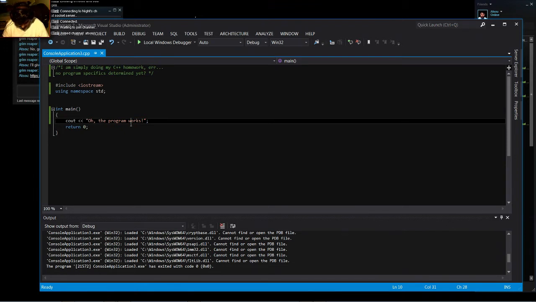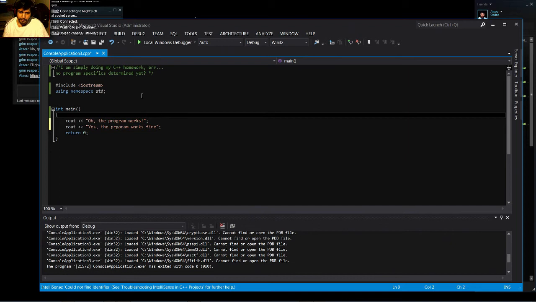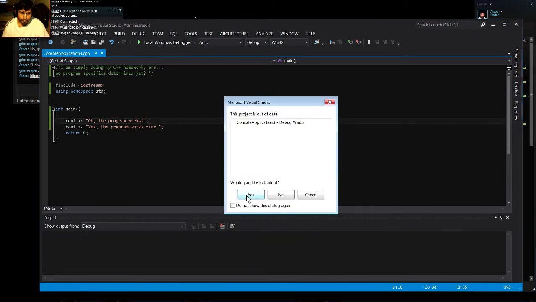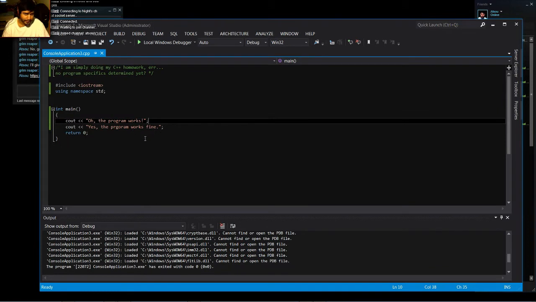So with that said, the next thing that we need to worry about is actually this one, in which you do cout, right? And let's say that I do something like, oh yes, the program works fine. Okay, so since we did that, right, I should probably add a period there. Okay, so when we print this out, what's going to happen is it's going to write it in just one